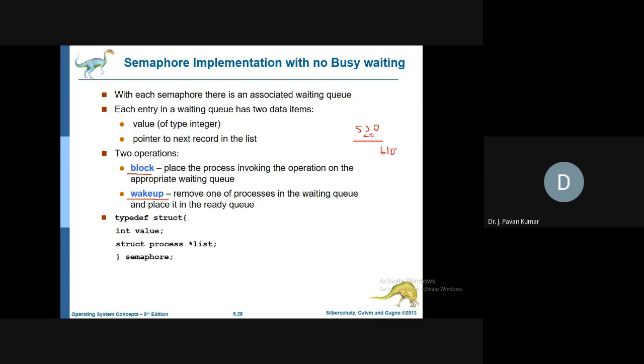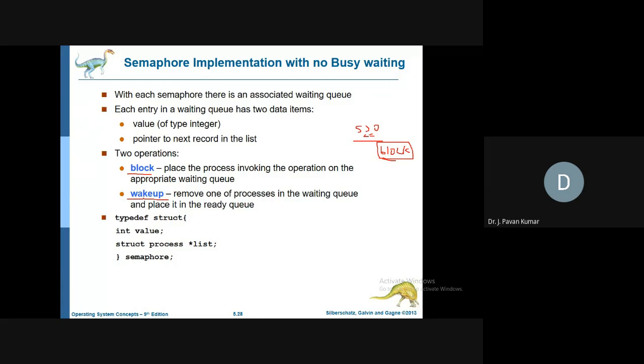We will block this process, that is, we will add this process to the blocked queue. Similarly, if another process wants to enter the critical section but the semaphore value is less than or equal to 0, then that second process will also be added to the blocked queue. Like this, we will continue.